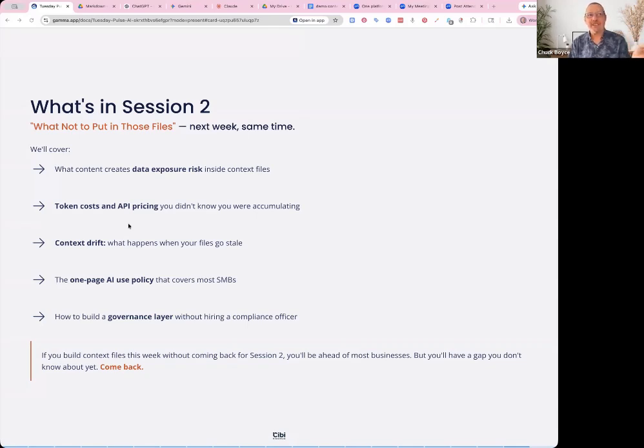Create an AI usage policy because, as I mentioned in previous weeks, there are new rules and regulations and legalities that you have to be aware of. Every state is now having their own concerns about how they want to protect the consumer. California, Colorado, Kentucky, New York, they all have different rules about how you protect the consumer.